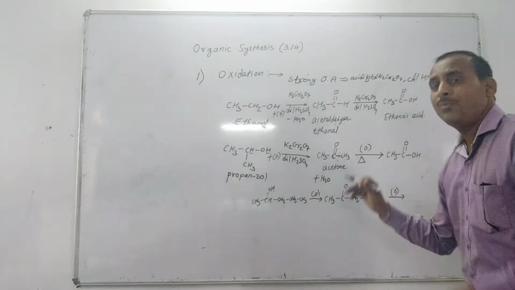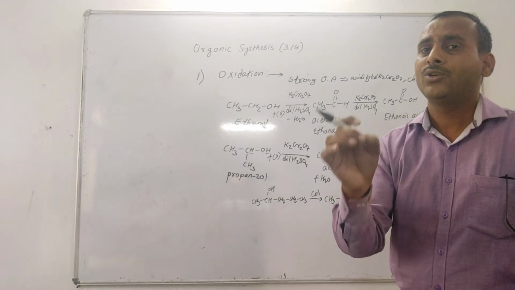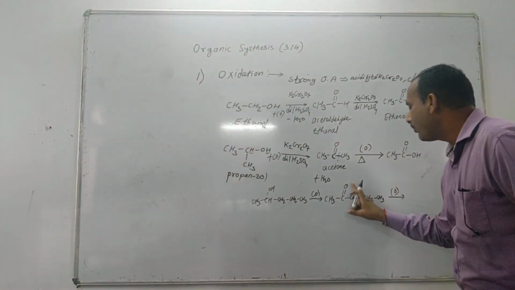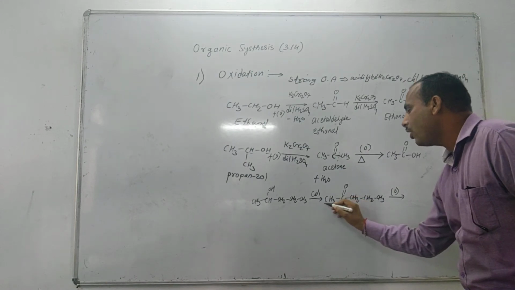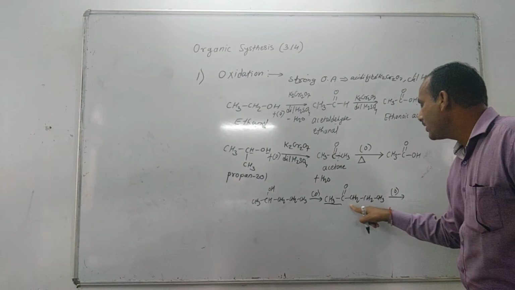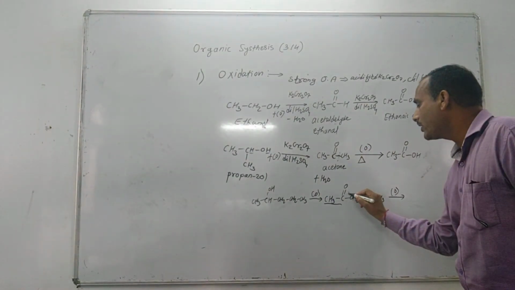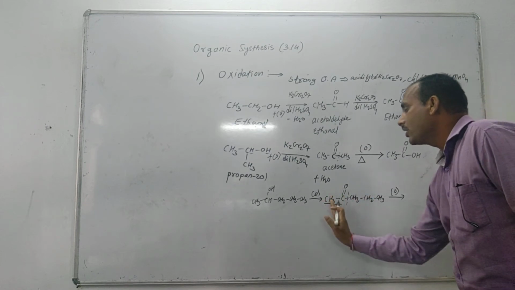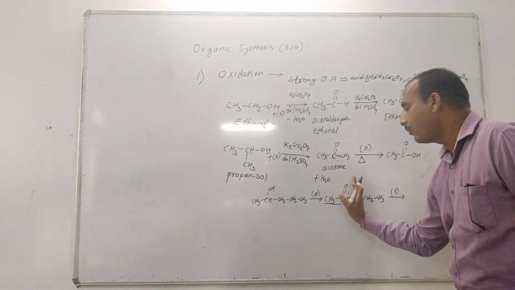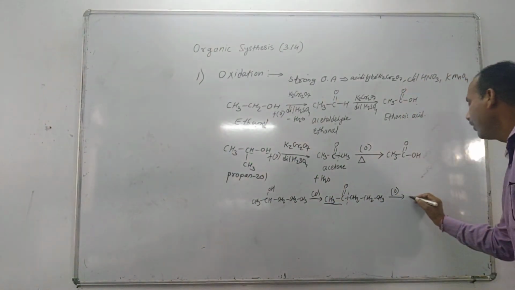Here, what is Popoff's rule? According to this rule, the breaking takes place such that the carbonyl remains with the small alkyl group. Here the small alkyl group is methyl and the other is the larger propyl group, so the breaking takes place at this site. The carbonyl remains with the small alkyl group, and therefore we get